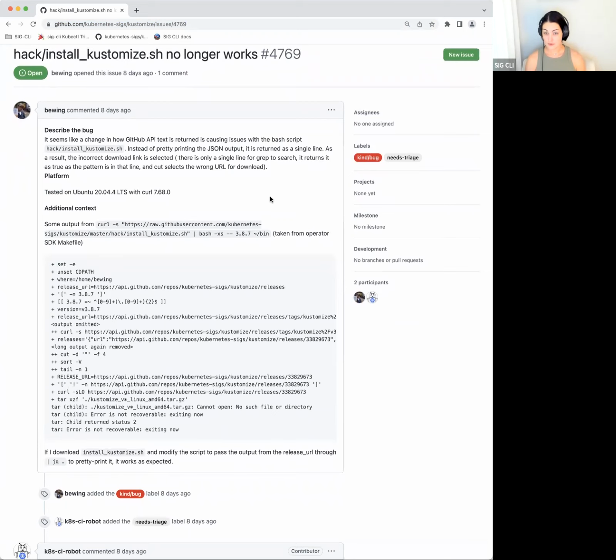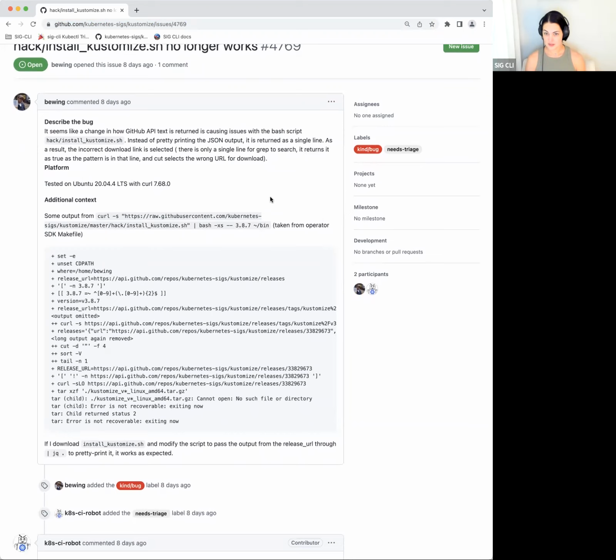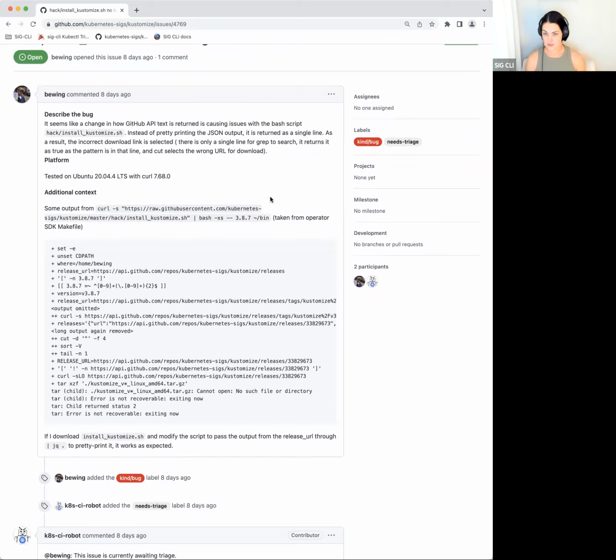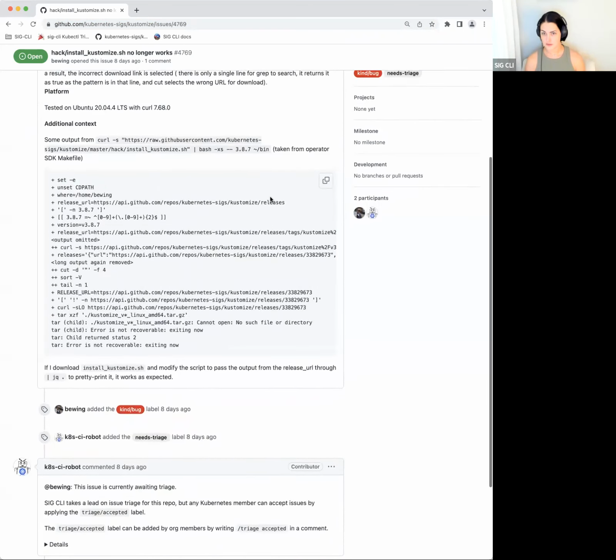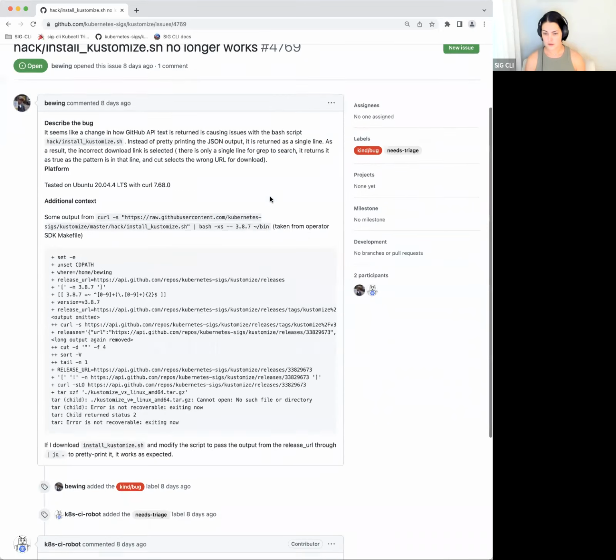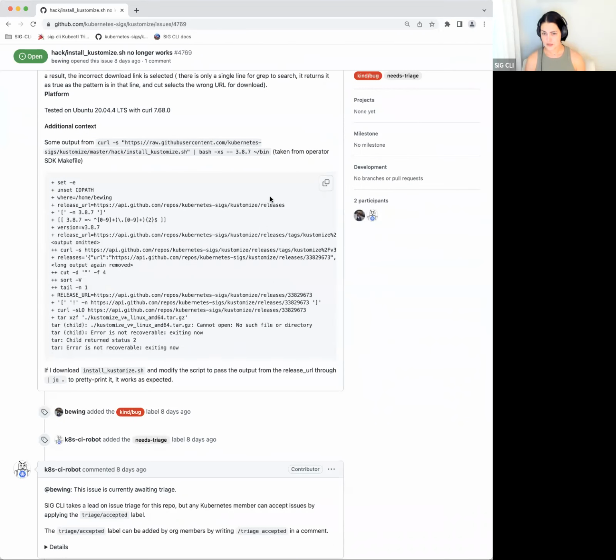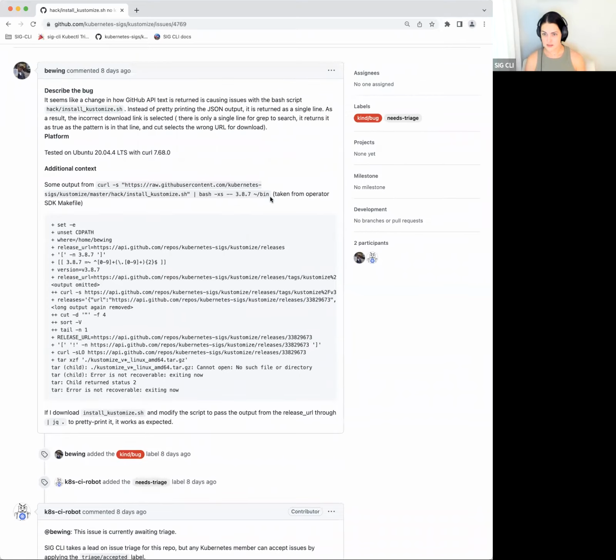This is the script that we refer to in our docs about how to install Kustomize, so that is pretty important. I think people script against this too. And I'm surprised there's only one issue without upvotes, honestly, if it's completely broken, because usually so many folks script against it that we get tons of reports right away. Anyway,